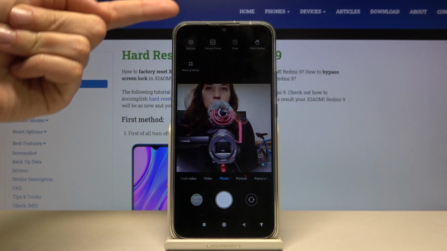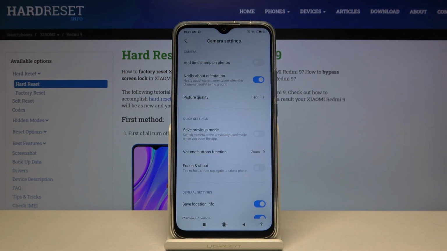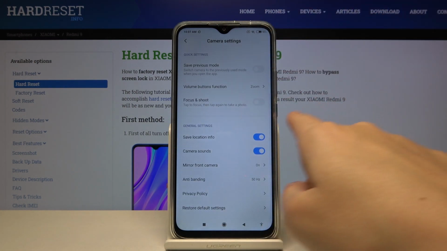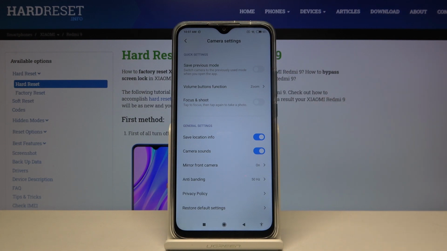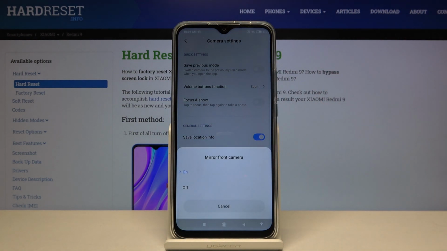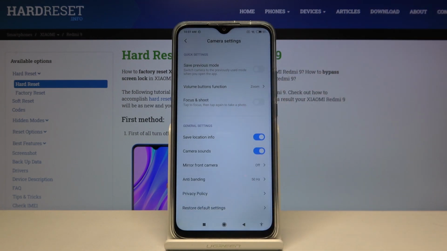Now let's pick the settings in the left corner so we can open the advanced camera settings. From here let's slide a little bit down to the general settings. At the third position here we have mirror front camera. When we pick this we can decide if we want to have this turned on or turn this off like